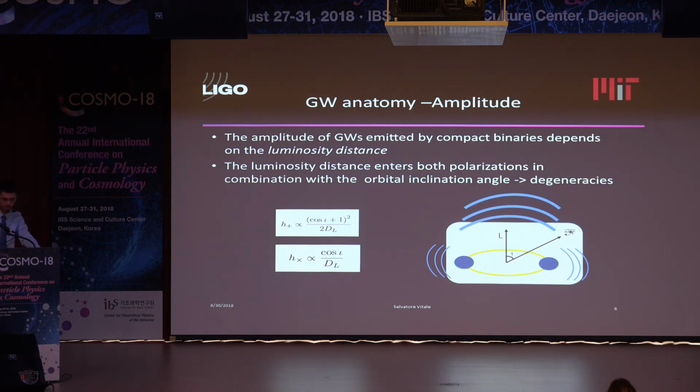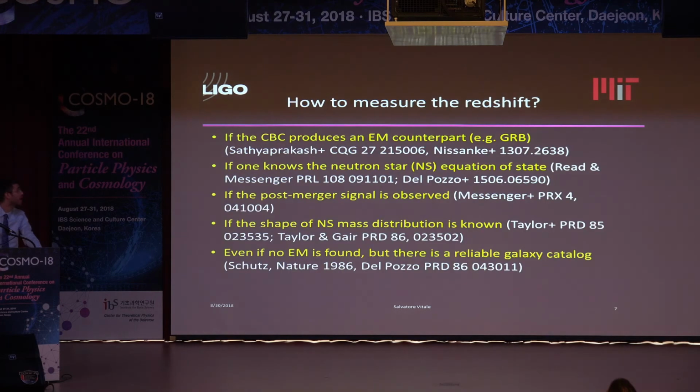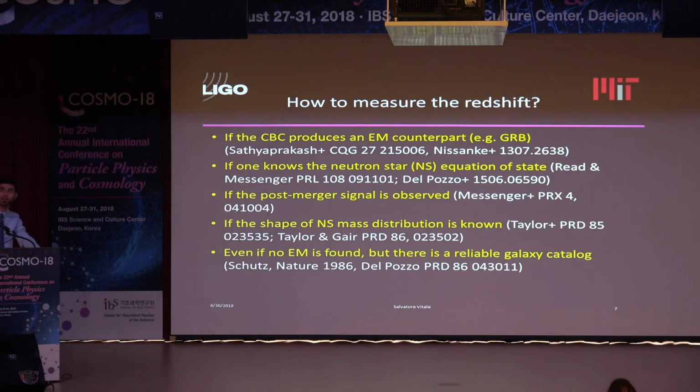half of the problem. We need the redshift. How do we get the redshift? The gravitational wave directly will not give you the redshift. And over the last decades, really, starting from '86, people have started thinking about ways, smart ways actually, of getting the redshift in the absence of direct measurements from the gravitational wave.